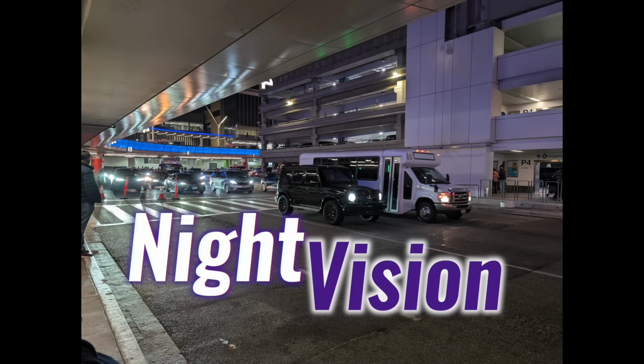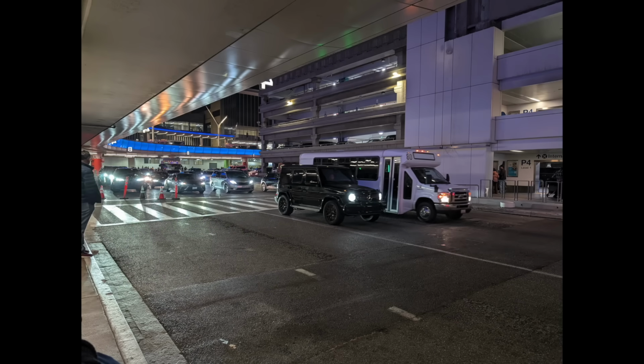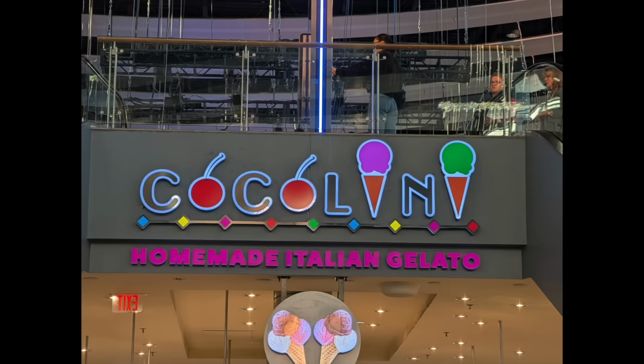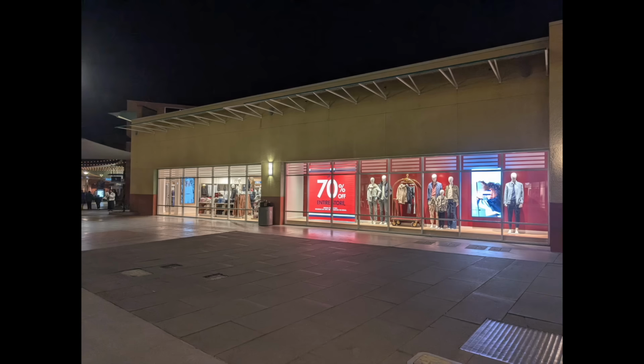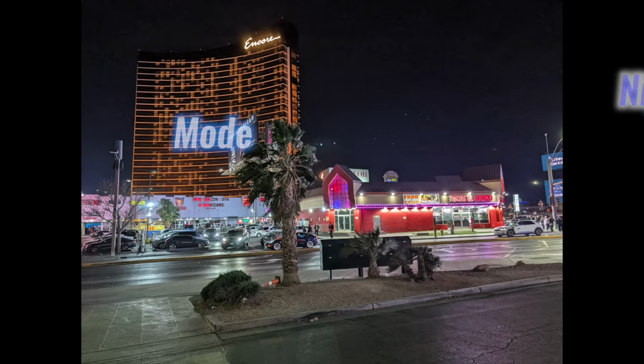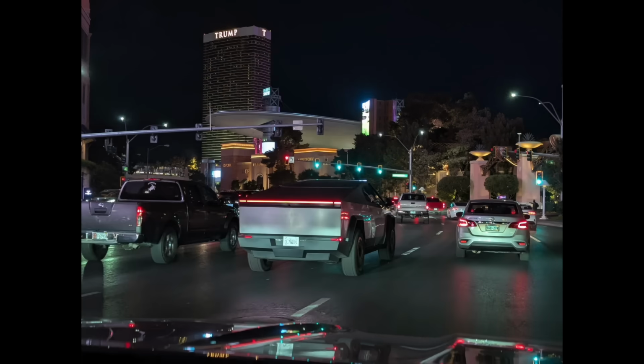At night, the performance is better than expected for an action cam. Low light shots have noticeably less noise than its predecessors, thanks to an upgraded processing algorithm. Street lights and neon signs don't turn into distracting glares, and textures remain intact, even in dim conditions. The AI powered night mode pulls in more details without pushing brightness too far, keeping images looking realistic rather than